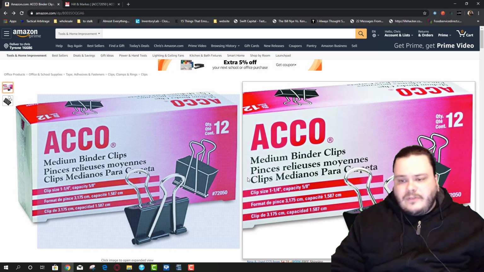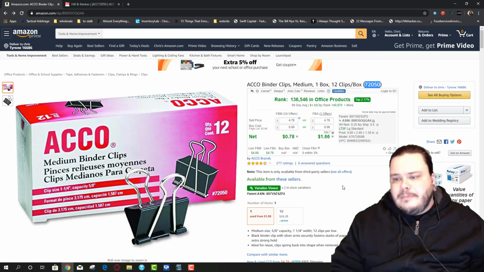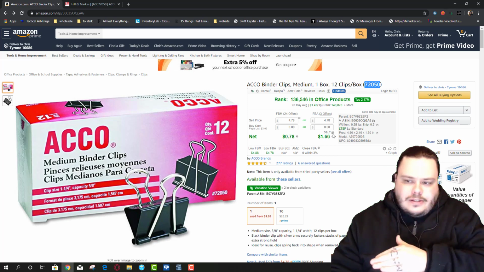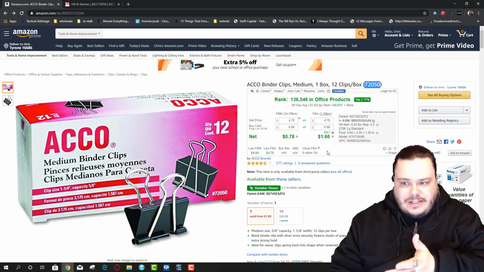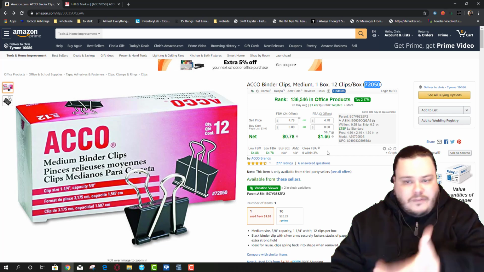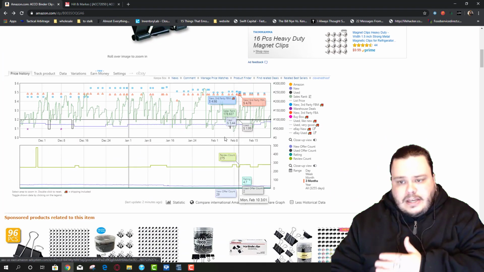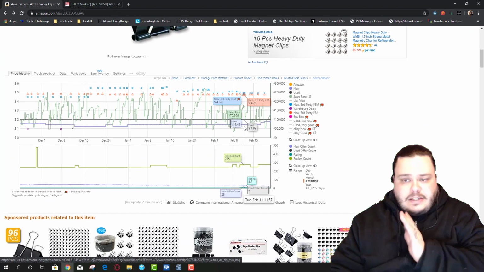Maybe we buy them from a store that's going out of business or something. But that's why we want to look at this, because with small and light, we're making 74 cents, so it's not really that great. With small and light, we're making $1.66, and this would perfectly qualify for small and light. So just something to keep in mind, and that's why this kind of stuff stays competitive.